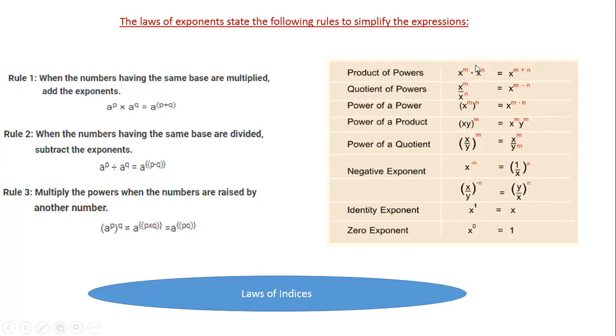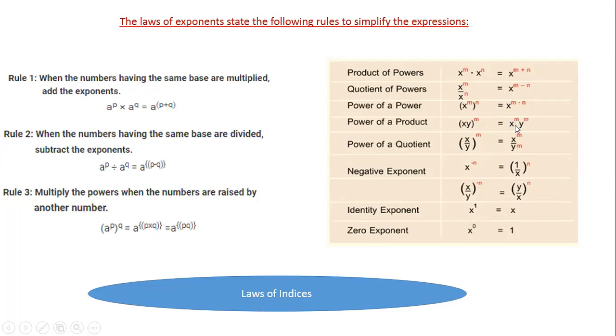So just remind yourself, the one is x power m into x power n is equals to x power m plus n. That means when the bases are same, product is there, then powers are going to be added. Quotient law, x power m divided by x power n is equals to x power m minus n. Bases are same, division is there, then powers are going to be subtracted. Power law, that means power of a power. If x power m power n is there, then you would just multiply both the parts. That means that can be written as x power m into n.